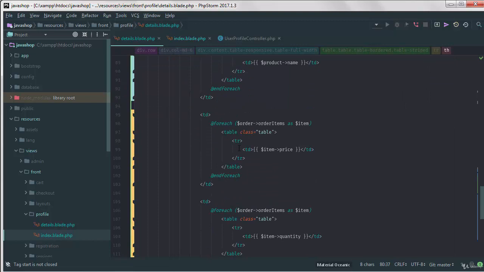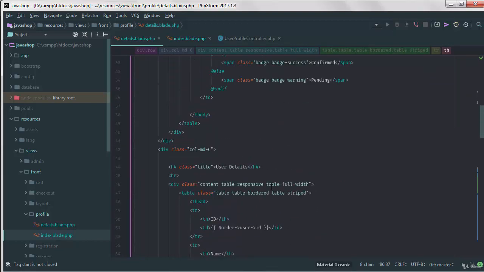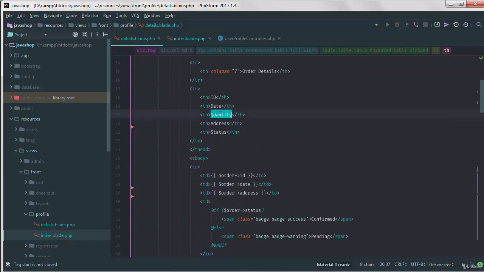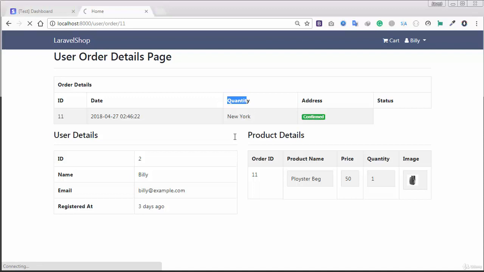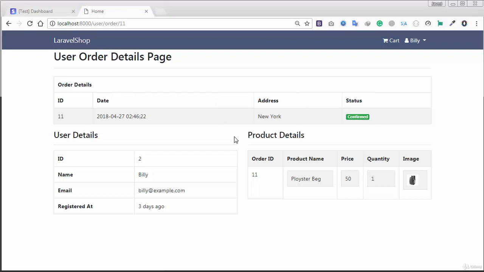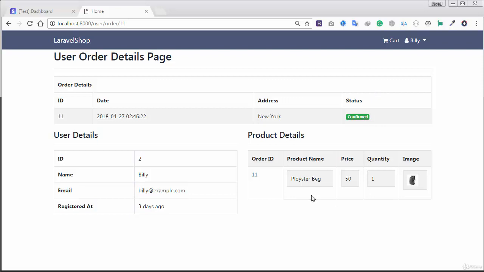Okay, that's quantity on the fourth, in the top, basically. There it is. Okay, now it looks good. The ID, date, the address, and then the status, and then the user details and the product details. Okay, great. So in the next video we'll have a final look at our project, and congratulations, you have just